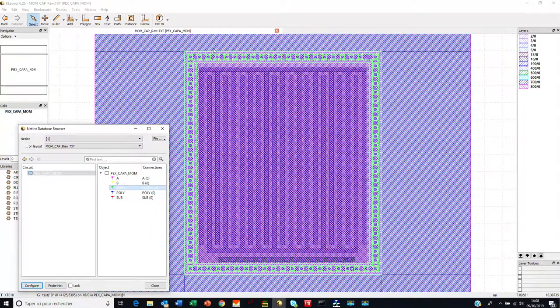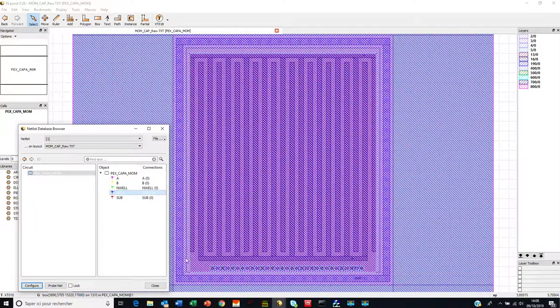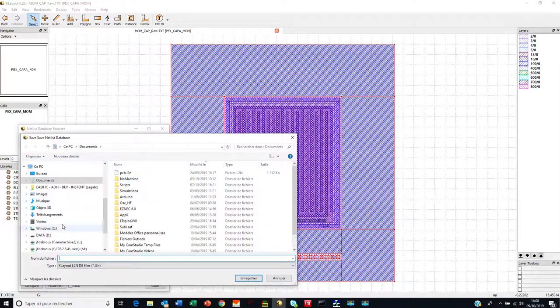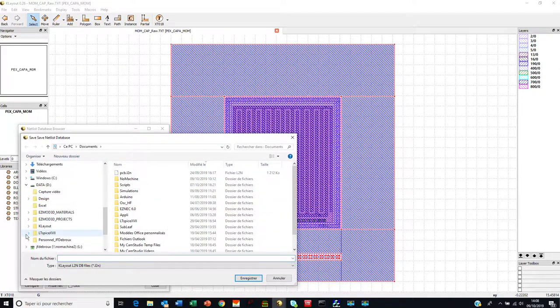N-well is the box surrounding everything and the layer below. Poly is that poly rectangle and metal connections, and substrate is located around the N-well. We can save this to our project,